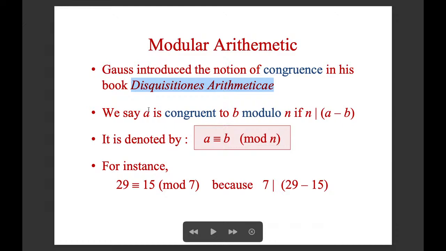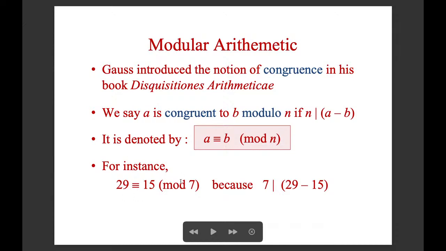Here we say that an integer a is congruent, so it's like the same as b, under the discussion about modulo n, if n divides properly the difference of a and b. If this is the case, we can use the following notation to denote their relationship. We say a is congruent or equivalent to b under division by n, modulo n. So for instance, 29 and 15,